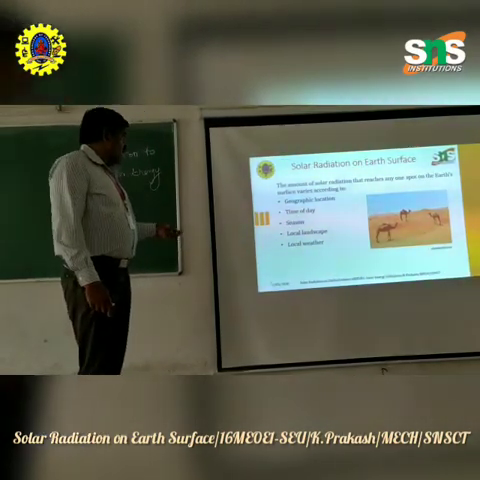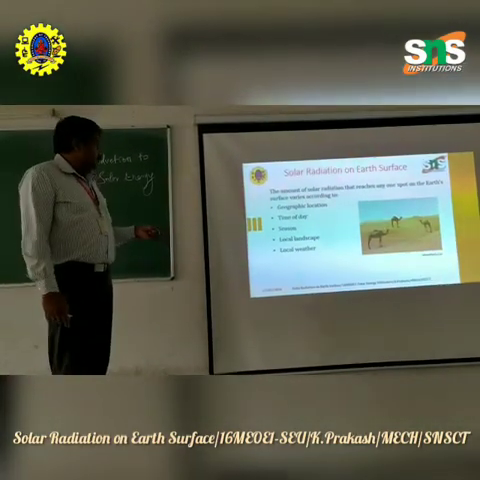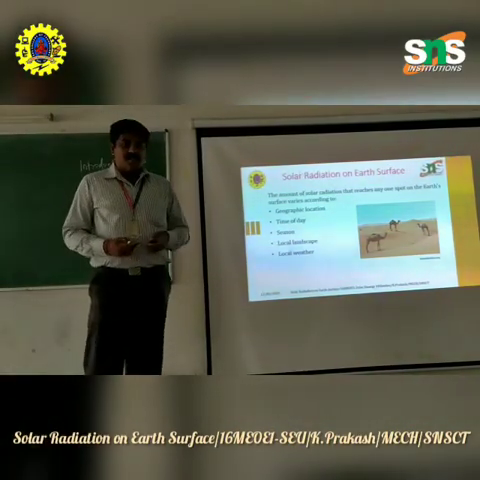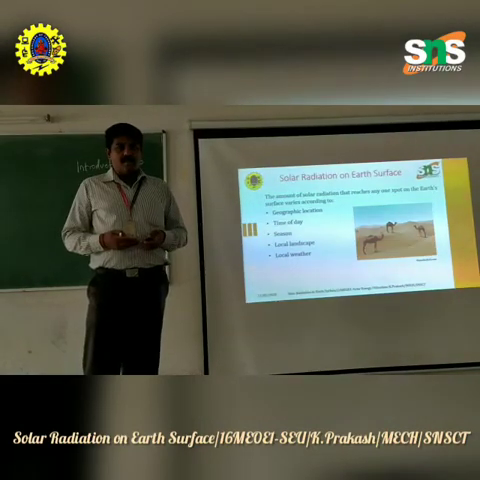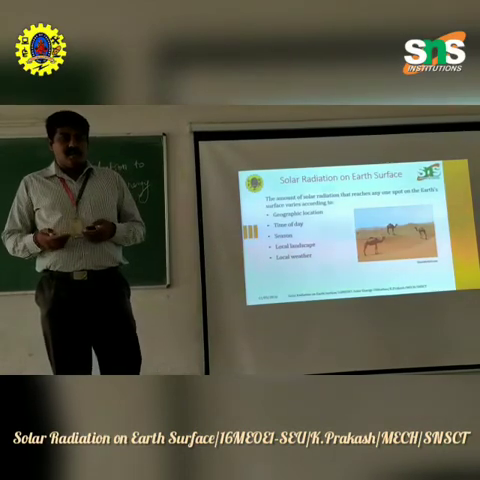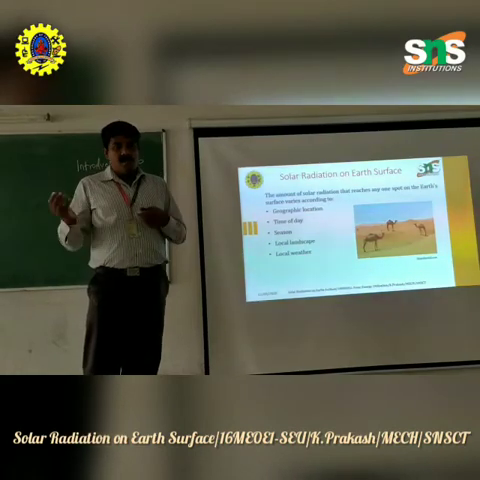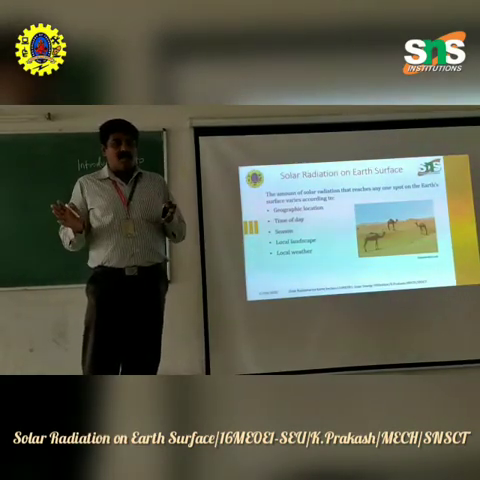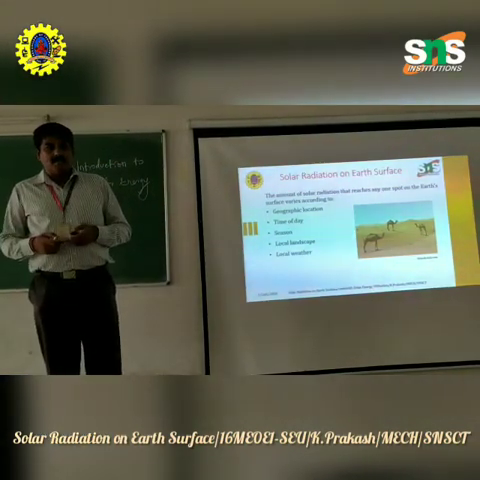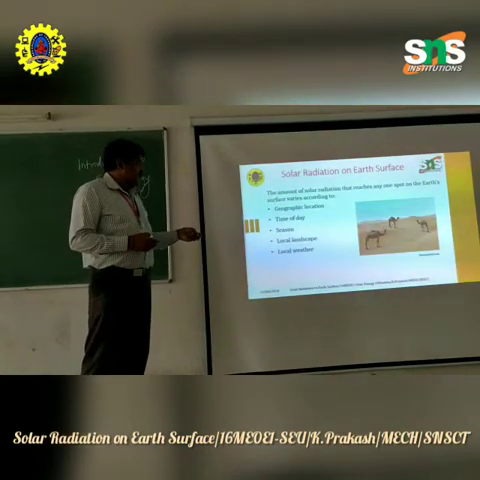Coming to the next factor, time of the day. The solar radiation depends on the time of the day. In our day-to-day life, during the morning hours we wake up and see the sun rising, and it sets in the evening. But in the noon time, we can see that the number of people wandering outside is lesser. What is the reason? The reason behind this is that the radiation on the earth surface is maximum